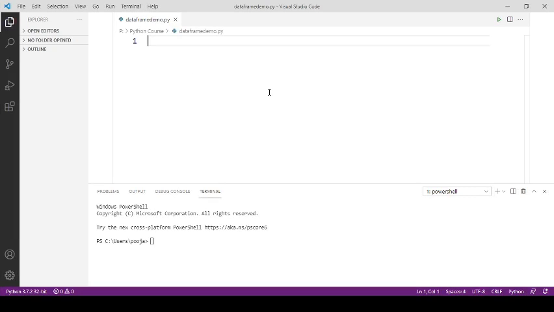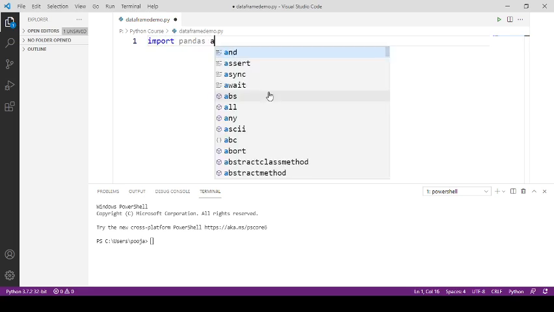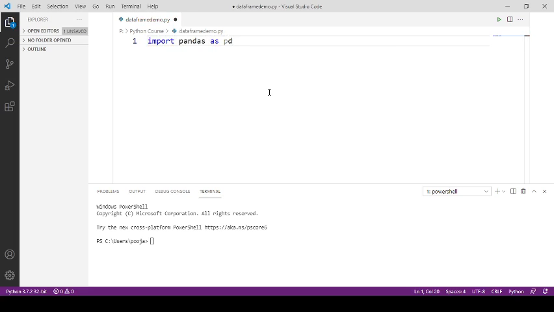We are going to deal with the Pandas library, so first we need to import Pandas. I am giving an alias to it as pd, so we are going to refer to Pandas as pd. Now I am going to create a data frame using a dictionary. So first create a dictionary. As you know, a dictionary contains key-value pairs. So just assign a key and then the associated values.